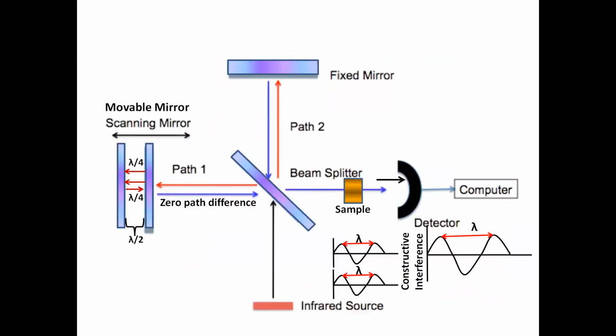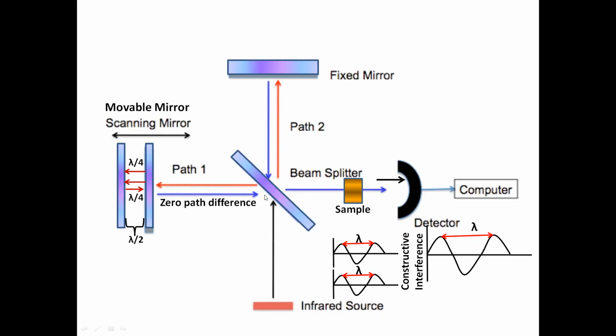Now you come to the interferometer. This is the heart of this instrument. Without an interferometer, you can't imagine any kind of FTIR. So the interferometer is the heart of this instrument. What are the essential parts of this interferometer? One, an infrared source is required, which you can see here. This is the infrared source. It will generate infrared light when a very high amount of current passes through a fine element of ceramic.